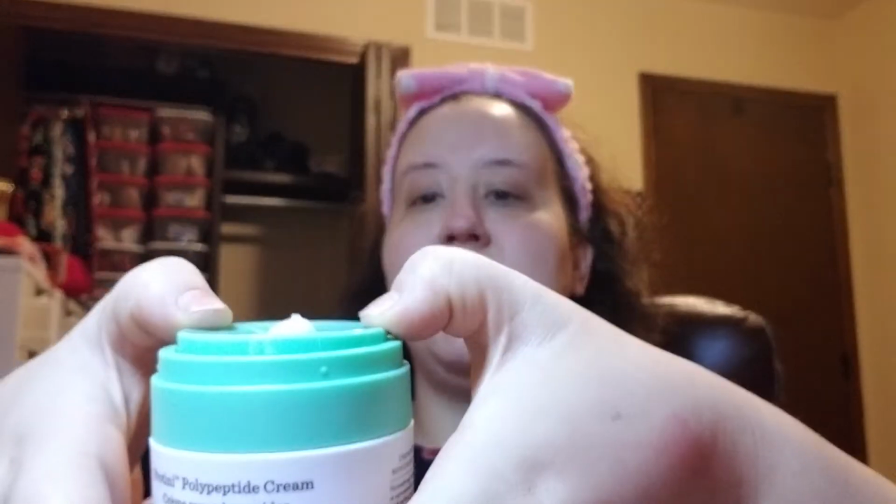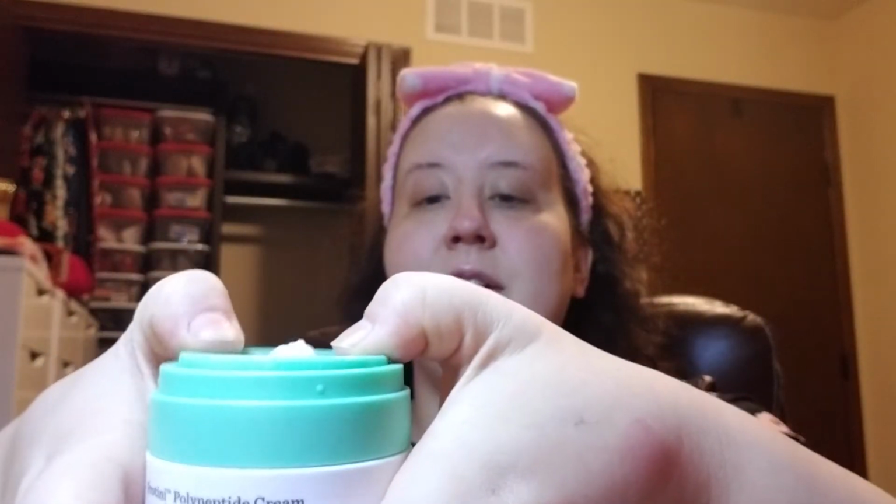And what you do is you just squeeze, push down on this cap, and the moisturizer comes through the top of that. So that's really fancy. It's a nice way of doing the moisturizer, I think. Especially it keeps everything a little more sanitary. Drunk Elephant is a higher end brand. They are more expensive, but they have a lot of ingredients in their products, a lot of claims, and they don't tend to